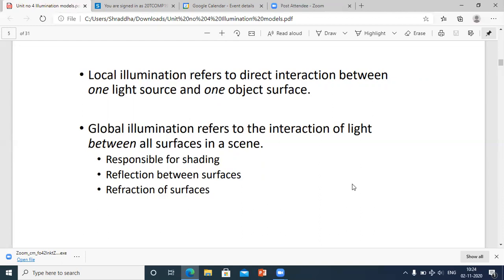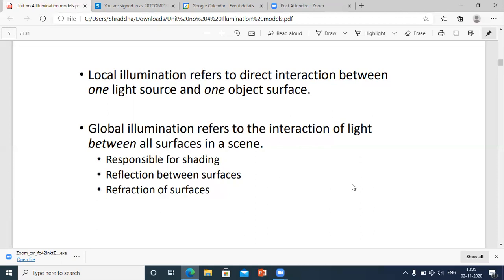Now, the best example for local illumination is a light bulb glowing in a particular room. And global means what? The sun. The sun is the single source of light that lights up the whole surface of the earth. And a bulb is a single light source that is used to brighten up a single object, or we can say whatever objects are present in that particular room. This is local and global.